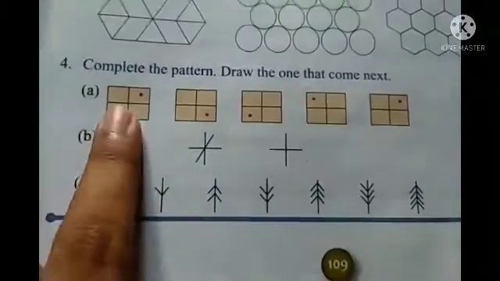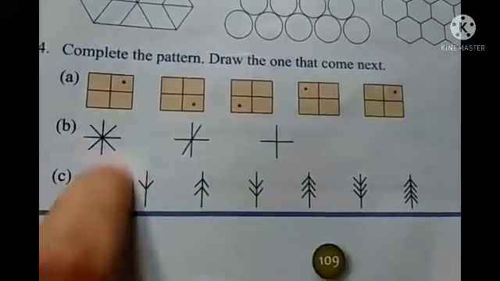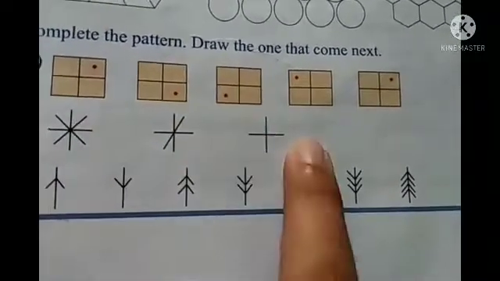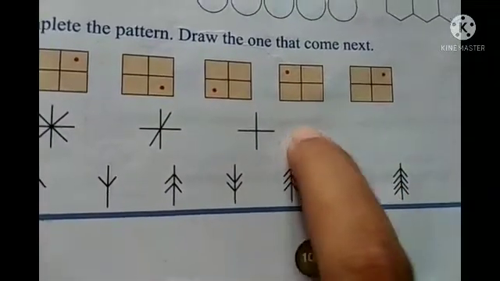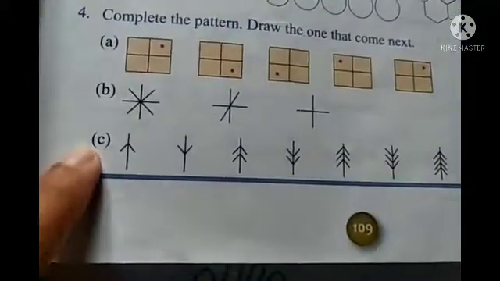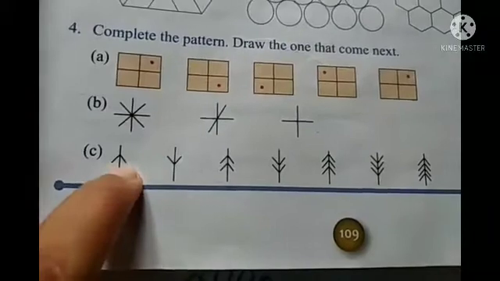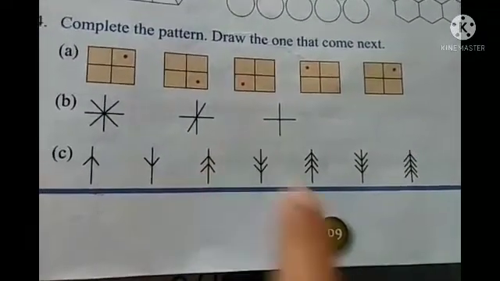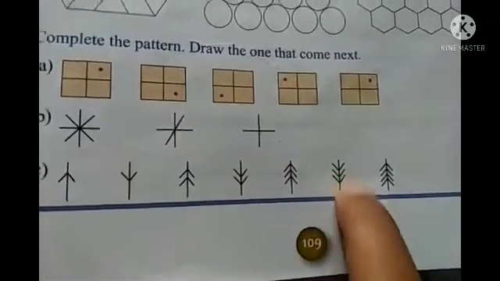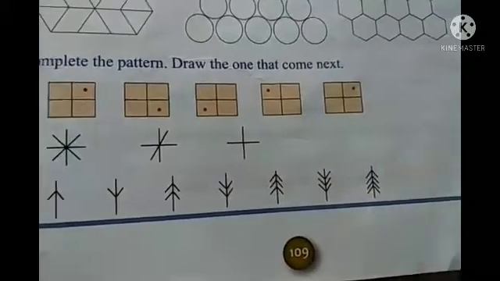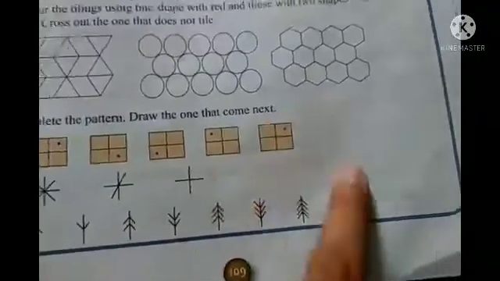Now you see, first of all, how many lines are there? 1, 2, 3, 4 lines here. 1, 2, 3, 1, 2. So the next line will be either a horizontal or vertical line you can draw. Next you see C, first of all one arrow mark, then it goes downward, then 2 arrow marks, 2 downward, then this one 3 upward, downward, 4 upward, then here it will be 4 downward, right? So you can do it in your book only.